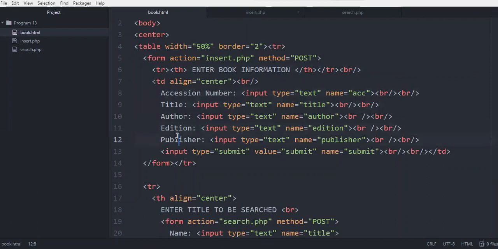The input type for all these is a text box, and we have given the names. For accession number it is ACC, for title it is title, author, and so on. Then we have a button whose value is submit. We close the form tag and we close the row tag.